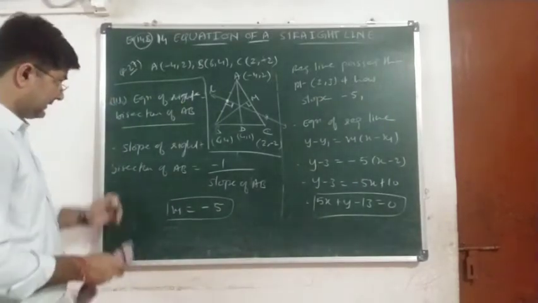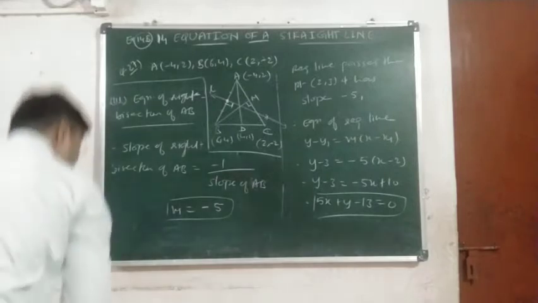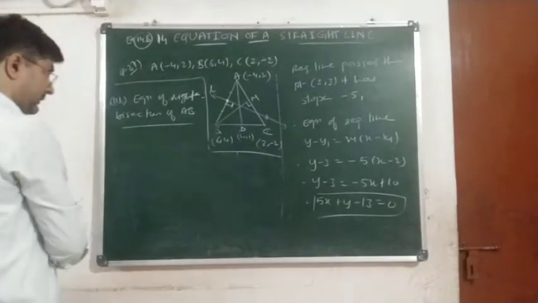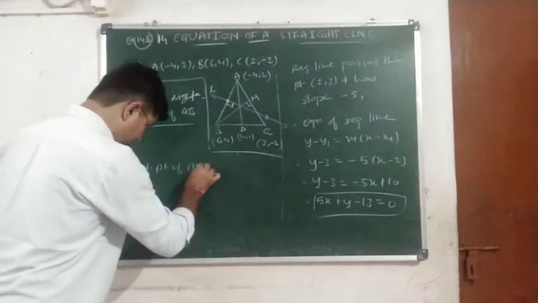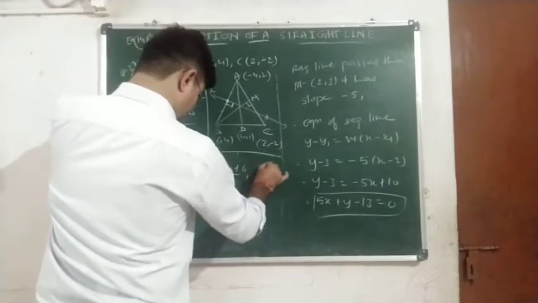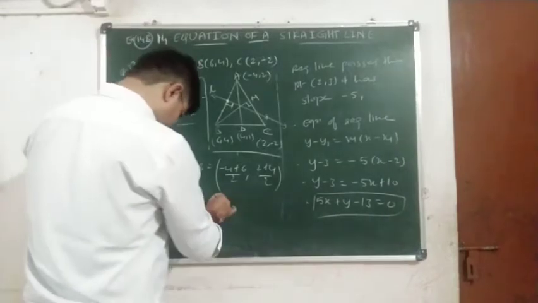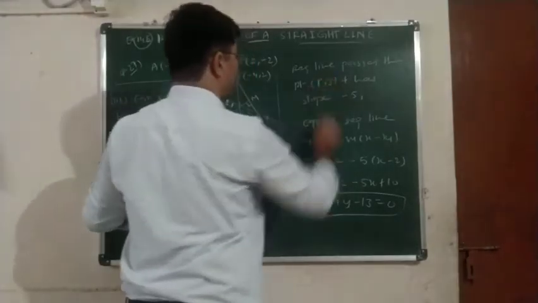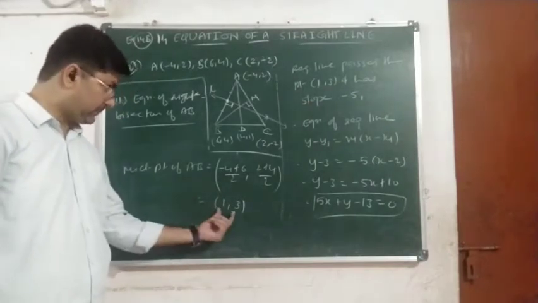Okay, I will once again write down over here the steps for this. What mistake we have made in calculating the midpoint of AB. So quickly let us calculate. Midpoint of AB will be equal to (x1 plus x2) minus 4 plus 6 upon 2 and 2 plus 4 upon 2. Minus 4 plus 6 will be 2 by 2, that is 1, so the point will be 1 comma 3. So by mistake I wrote 2 there, so you should correct it. Okay, the midpoint is 1 comma 3.